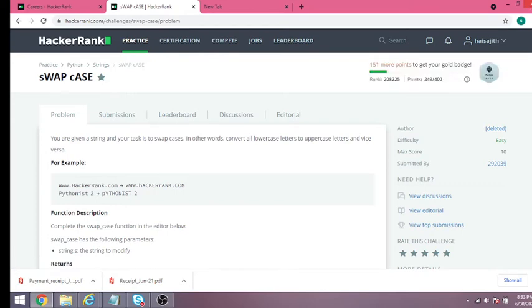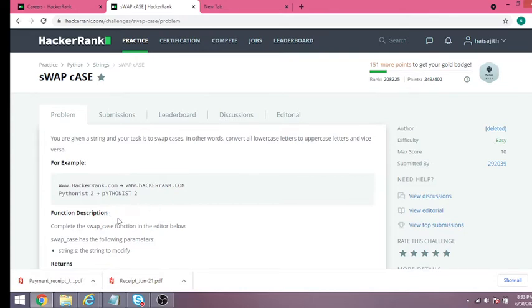This is a problem solving session in Python using a HackerRank question. I think everybody will know HackerRank. This is one of the assessment websites. We can create a login and access the questions. I have already created the login in the developer role and just accessed one of the problems in Python. That is the swap case problem. The difficulty level is very easy.